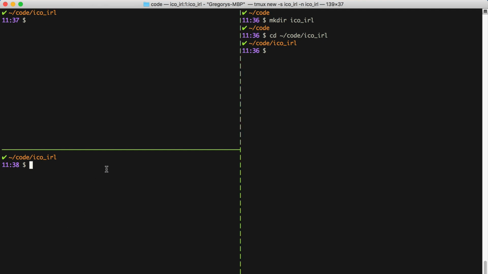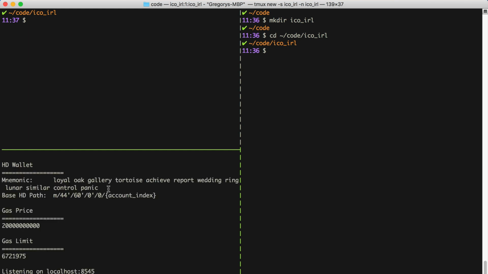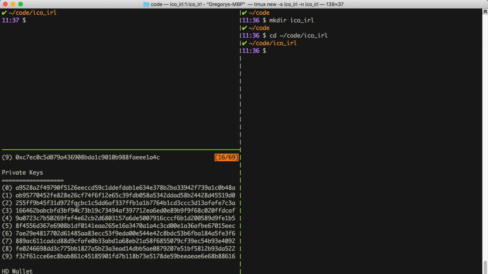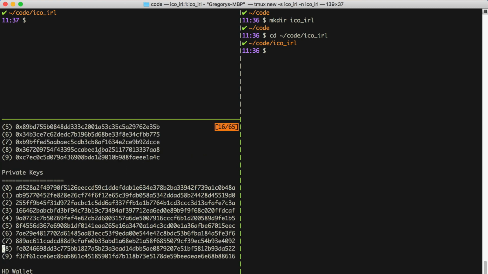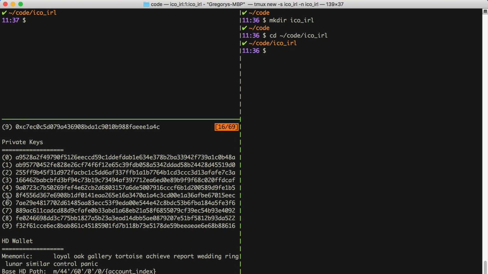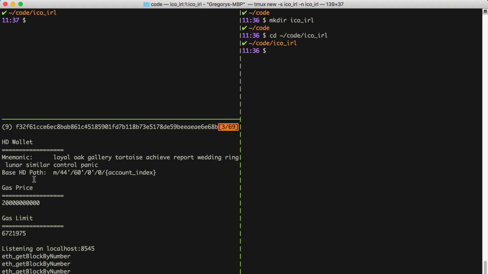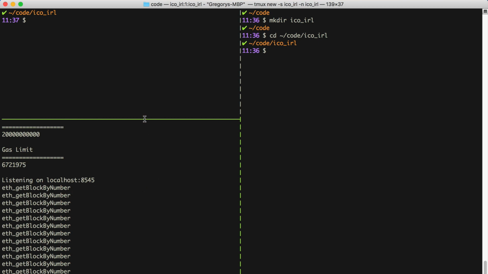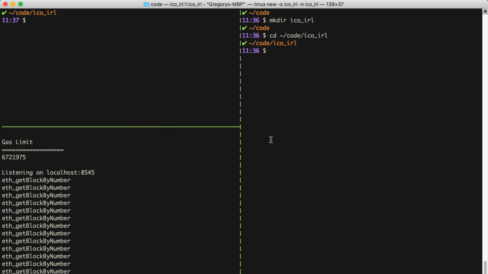You can start Ganache CLI like this. You just say ganache-cli. And once this boots up, you've got a blockchain running. This is a development blockchain, and just like the graphical version of Ganache, it basically gives you 10 accounts for free. And here are the private keys that you can use. And here's the mnemonic seed phrase for restoring your HD wallet, the gas price, the gas limit, and the port. So now that we've got Ganache running,